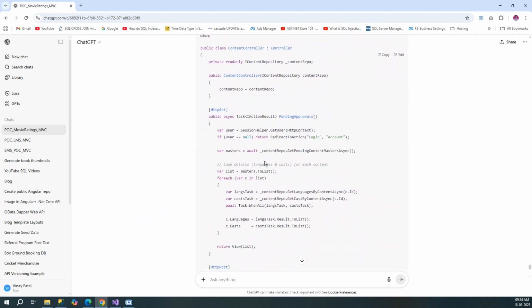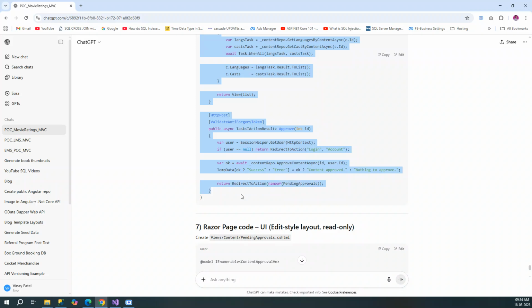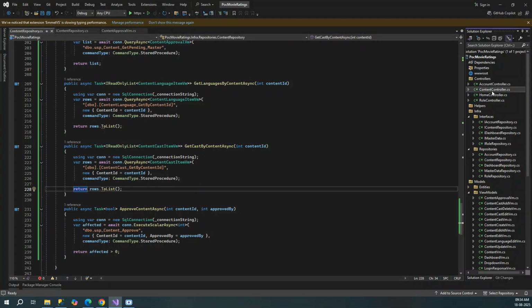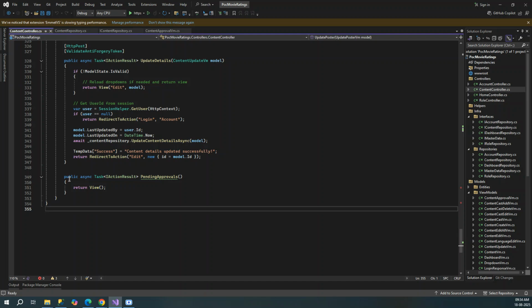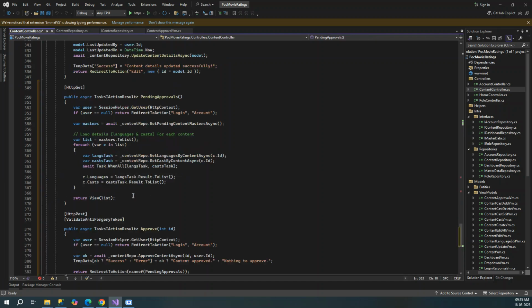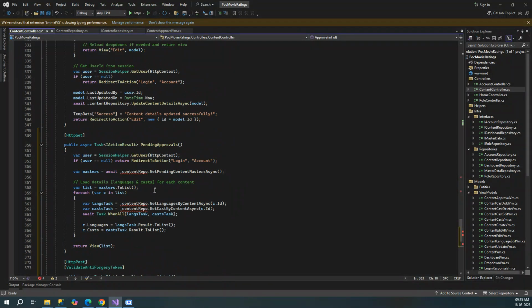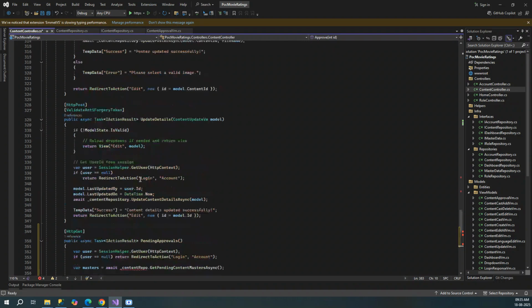So now in the controller, we are going to display pending approvals. Let me take these two methods, displaying of contents and approving. So let me go to the content controller. We should already have a blank method for pending approvals. Yeah, we will replace this with the pending approval get method that we have over here. And in this, what we used to do usually,